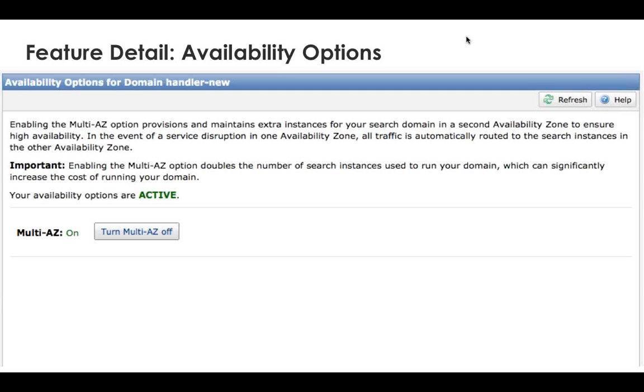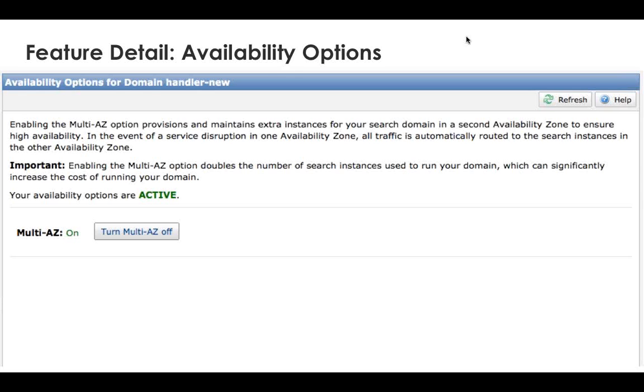With CloudSearch, you simply click Turn Multi-AZ on, and CloudSearch in the back deploys your domain equally across 2 different availability zones. Search traffic will go to both of those zones, and the upload traffic will get distributed to each of the zones so that each zone remains in sync. As well, there's a failover, which is not so much a failover because both zones are hot. So if one zone should drop out for any reason, you would have the other zone remaining up to handle